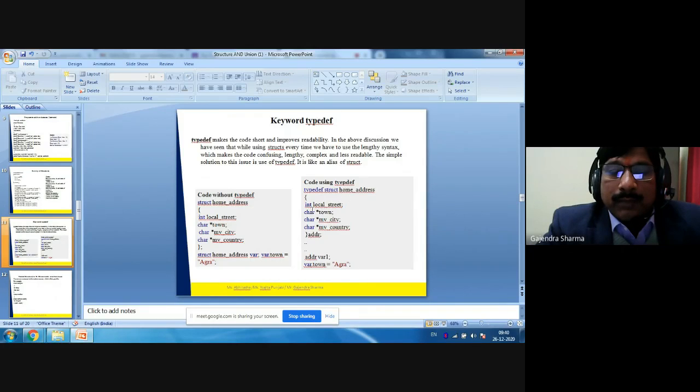Code using typedef: typedef struct home address, int local, street, char town, char city, and char country. And this is the structure type variable. So add where1, where.town equals Agra.